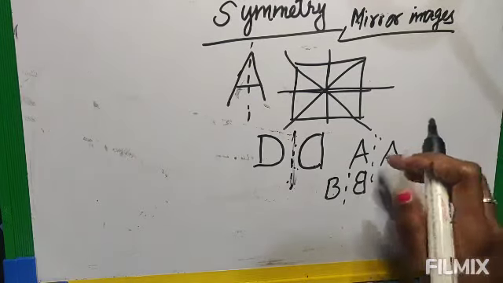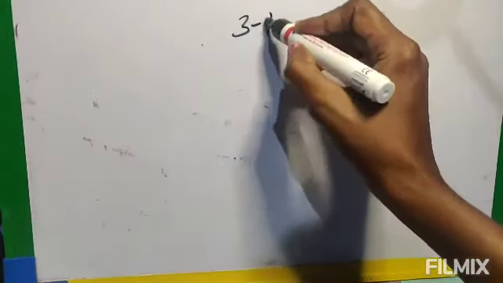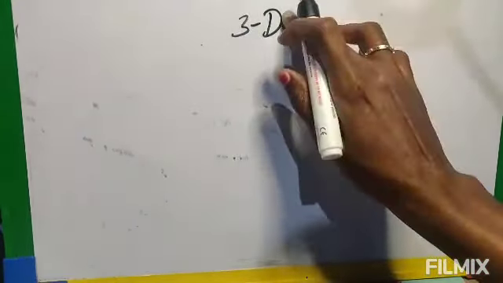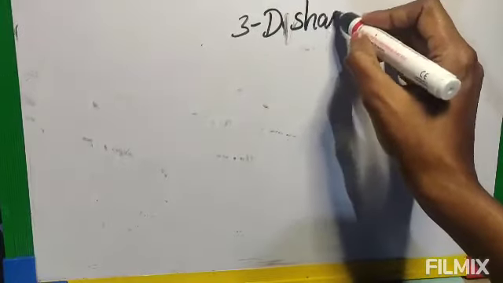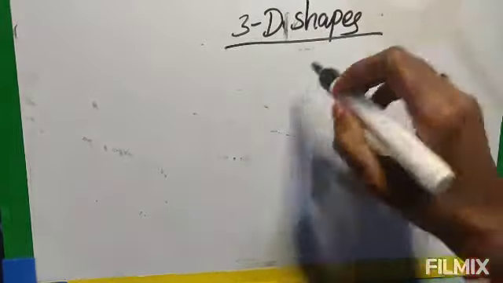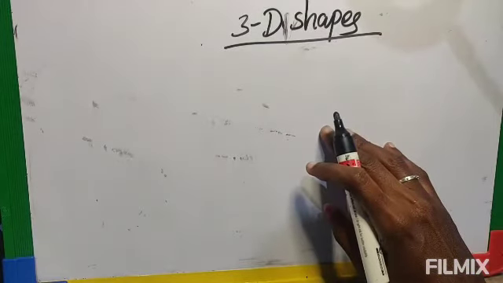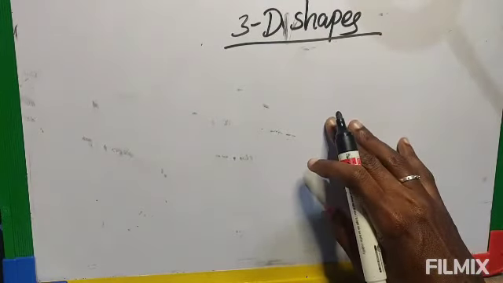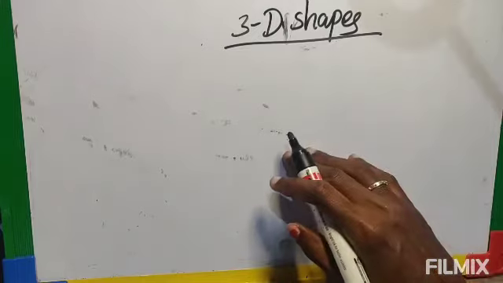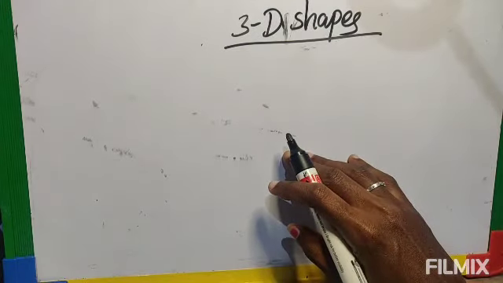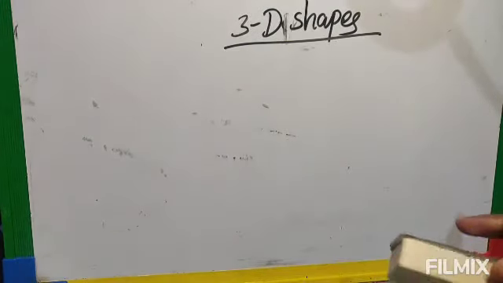Okay, next one is the 3D figures. You have already learned 3D shapes: cube, cuboid. I already taught them in the beginning of this lesson, so I will not go deeper. Last year also I explained how many corners, how many sides, how many faces it has. Let's see this time what the front view, back view and the side view are. Only that we are going to see now.